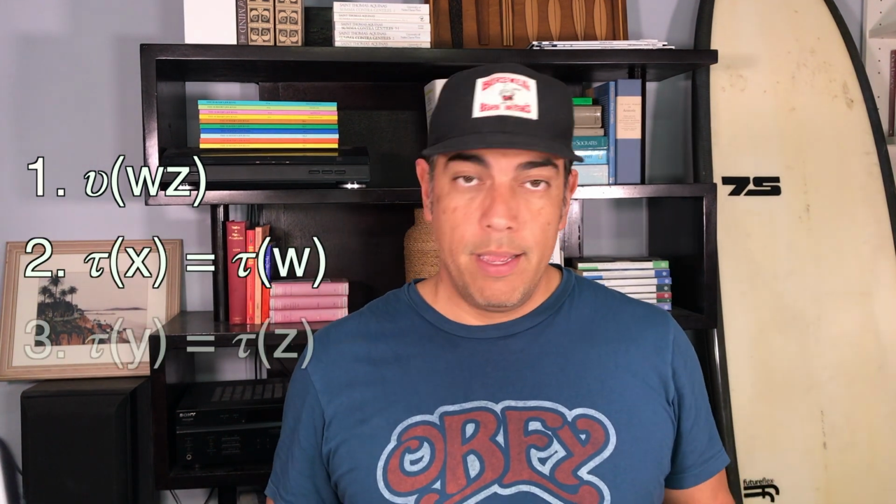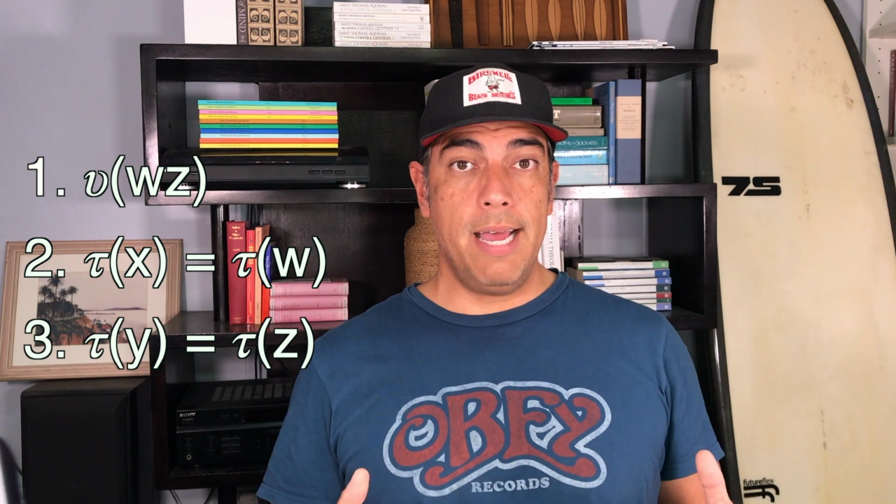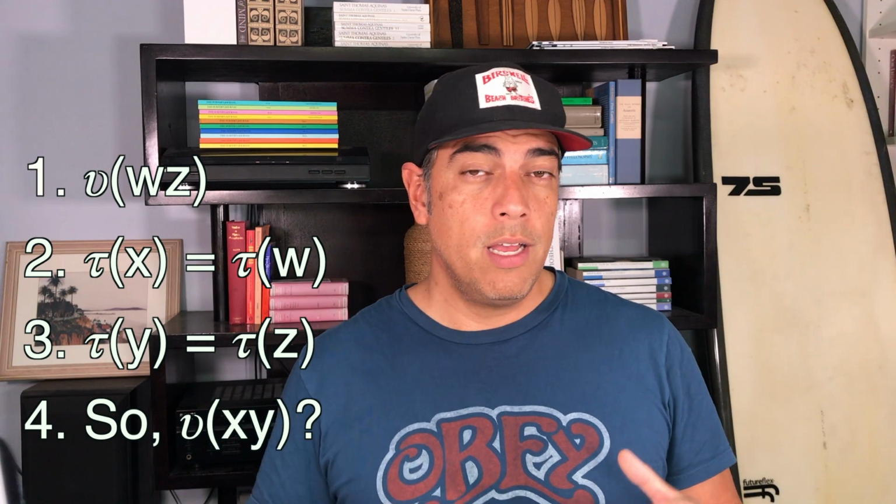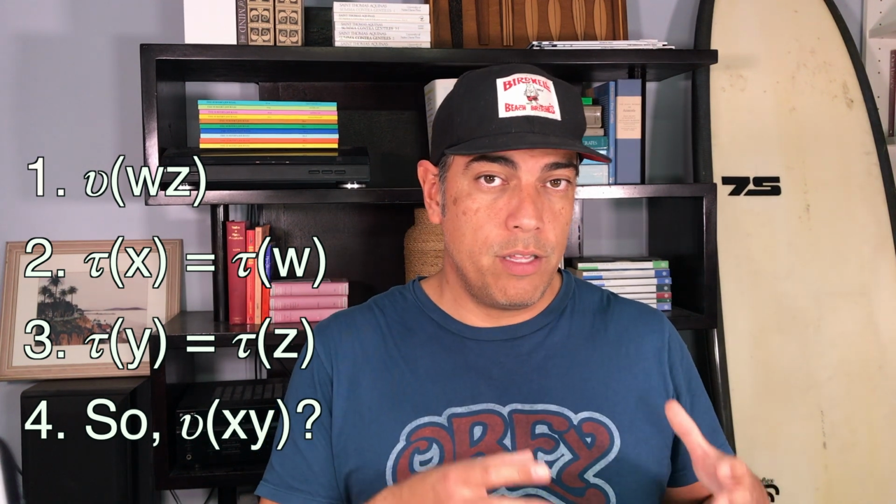For that reason, he wants to avoid committing himself to the idea that numeral types exist apart from numeral tokens, or even knowing the properties of numeral types apart from numeral tokens. This is why he says something very cryptic after proposition 1.2. He actually starts off explaining this. Let's say that epsilon wz, in other words, z is the result of adding a tally mark to w. Let's say that x and w are of the same type, and let's say that y and z are of the same type. Does that mean that epsilon xy? In other words, does that mean that y is the result of adding a tally mark to the numeral token